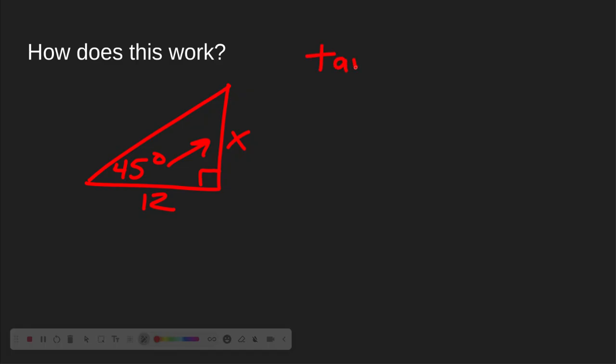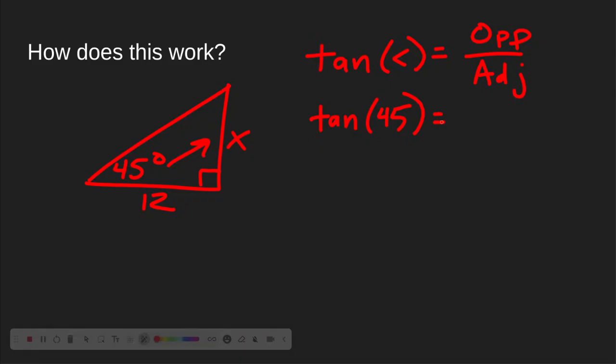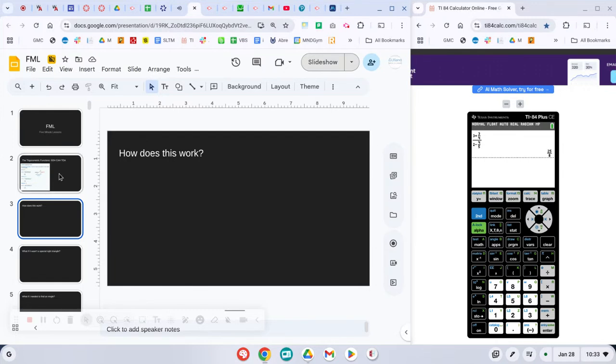Tangent. So now we say tangent of our angle is opposite divided by adjacent. I recommend you just start by writing that out every question, and that'll help you remember it. What is our angle? 45. Our opposite is x, and our adjacent is 12. Okay? Now, tangent of 45 is a number. Every single one of these numbers has been put into your calculator. Now, I chose 45 because it's one of the only ones that gives you a nice